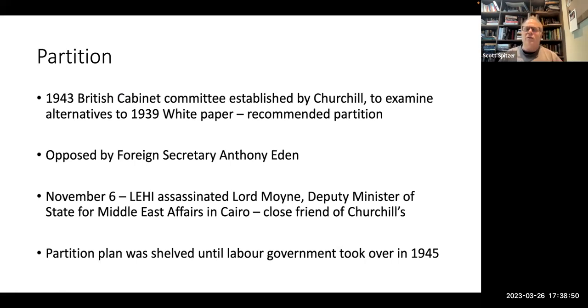So Winston Churchill, in 1943, says, look, maybe we ought to revisit our 1939 white paper. And he comes out with this commission that says we can go back to a partition plan, a two-state solution. But that's Churchill, the prime minister. Then he's got Foreign Secretary Anthony Eden, who is backed by military